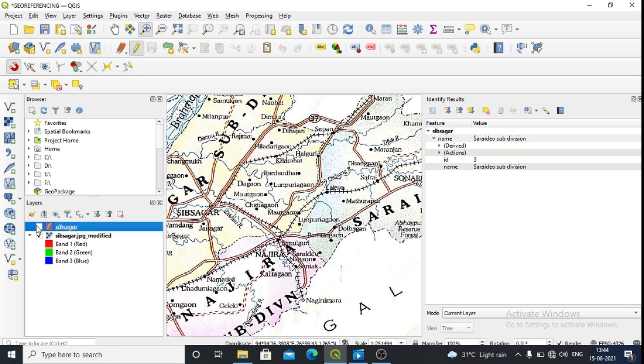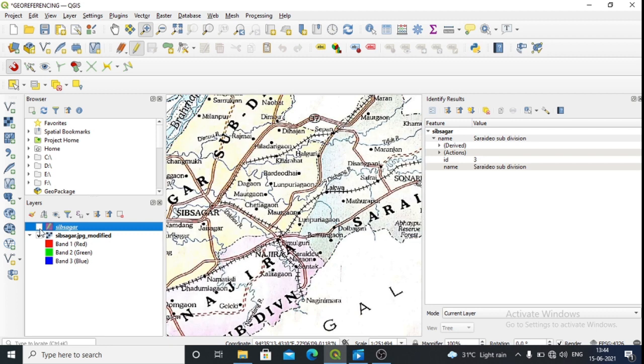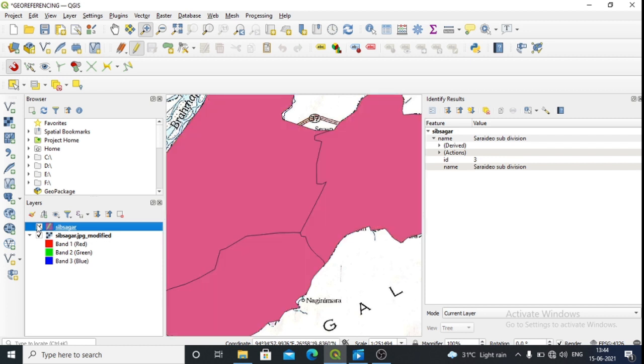So now if you click on this one, the points or lines will not be visible, then you cannot draw. So when we draw the point and line feature, we will keep this unchecked. And after that we can easily draw our line and the point feature, okay? And after that you can just click on it, then everything will again reappear as it was, okay?